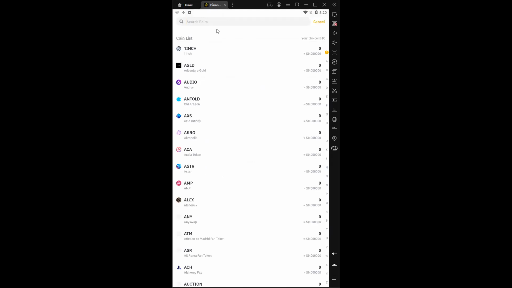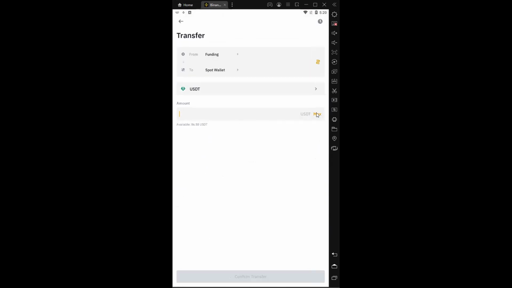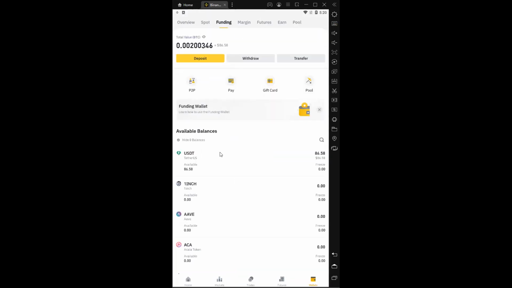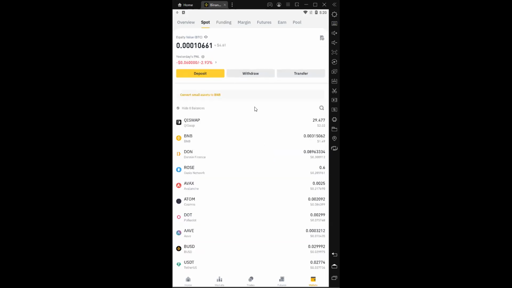So I select USDT, then maximum transfer. So it means if you want to sell too, you have to transfer the money from your spot wallet to your funding wallet. So that's the way it works. So now that I have the money in my spot wallet now,